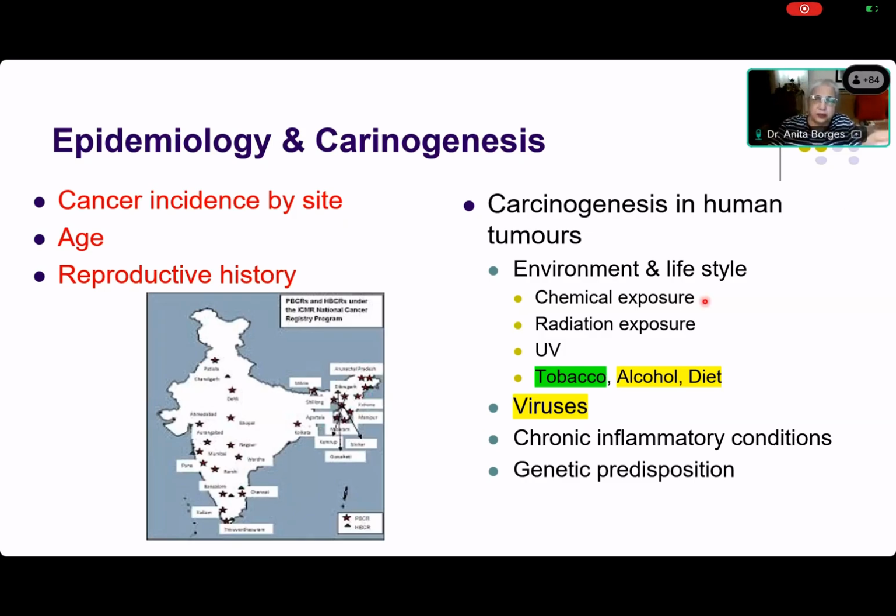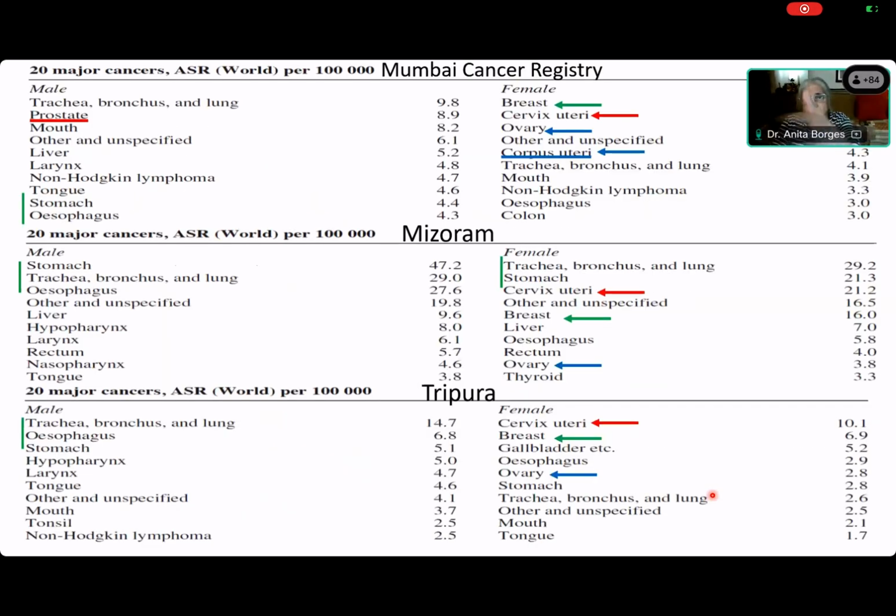So the epidemiology then gets into environment and lifestyle, what kind of chemical exposure, radiation exposure, UV, tobacco, alcohol, diet. Virus is very important, and of course, genetic predisposition. All right, I won't go into this, but just to tell you that once upon a time, cervical cancer was the leading cause of cancer in women. In our Bombay Cancer Registry, it is now breast. But when you go to Mizoram and you go to Tripura, you still have very high incidence of cancer of the cervix, and this gives you the number, and that number is how many cases do you get per 100,000